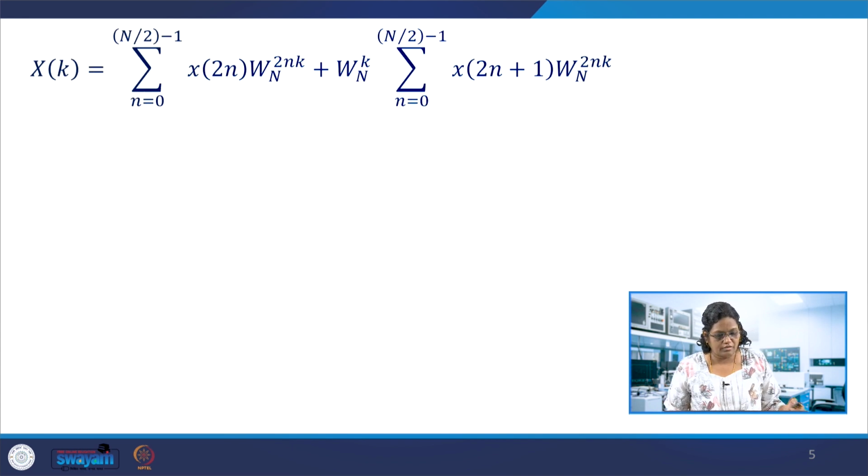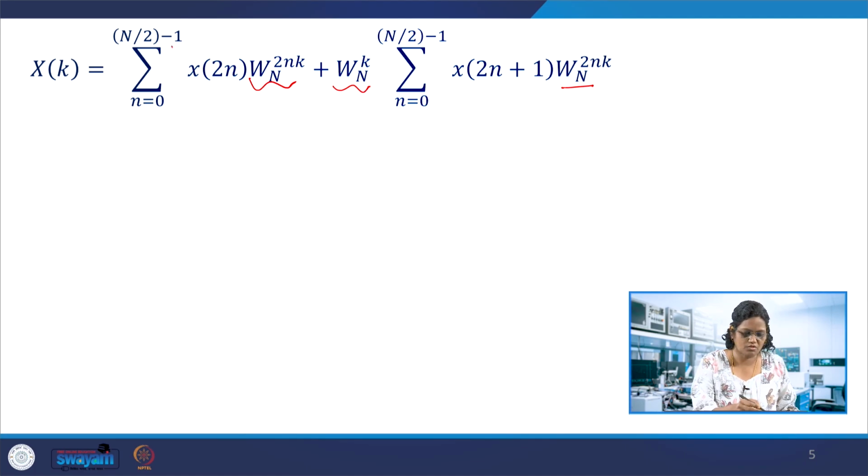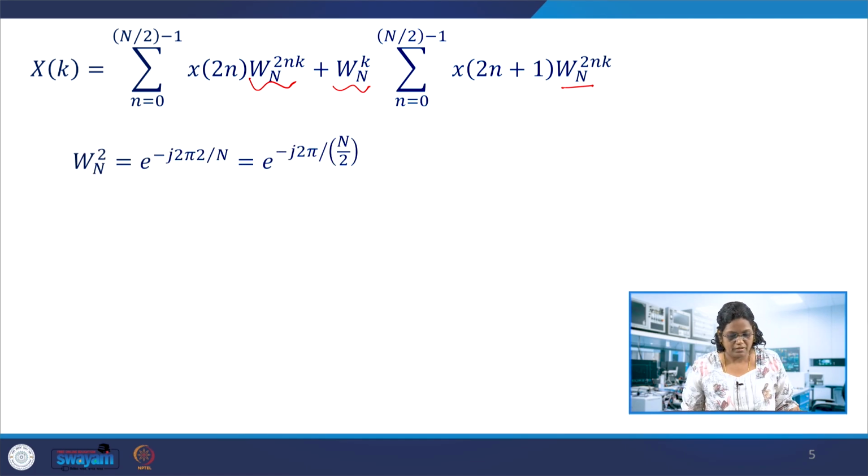Also if we replace those e power minus j terms in terms of the twiddle factor, this becomes Wn 2 power n and Wn 2 nk, and the term which we have taken as common, W suffix nk. So the summation is n varying from 0 to n by 2 minus 1 here. So x of k is there, and for further simplification, let us see how we can simplify this term.